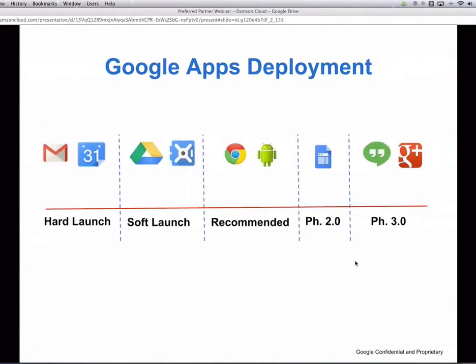What we've seen in terms of the Google Apps deployment is quite interesting. A lot of you will be using the mail and calendar. Some of you we find from our customer base then move on to collaboration tools such as Google Drive and Google Sites and Vault. Many of you are using Chrome and Android devices and now the Chromebooks. And then we see this phase 2 and phase 3 where people move on to Google Sites for collaboration, and things like Google Plus, Google Hangouts, video conferencing, and over time expand their use of the